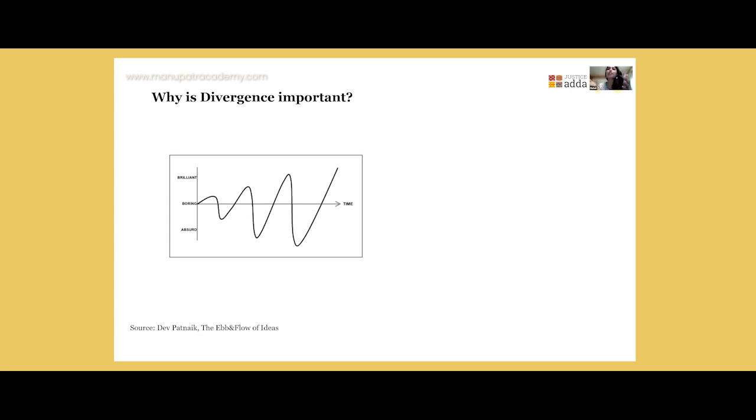So the ebb and flow of ideas, or really how ideas develop over time, looks a little bit like what you see on the graph, where over time it expands from the boring, the more predictable ideas to the brilliant ideas. And you will go through the ebb and flows of oscillating between brilliance and absolute absurdity on the other side. And that's bound to happen. And that's the space that we have to give ourselves.